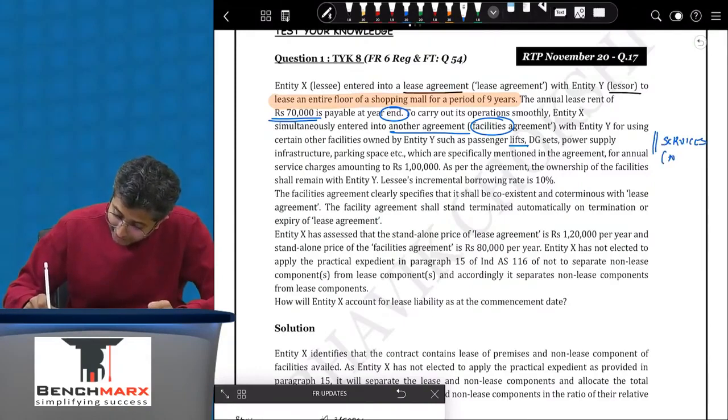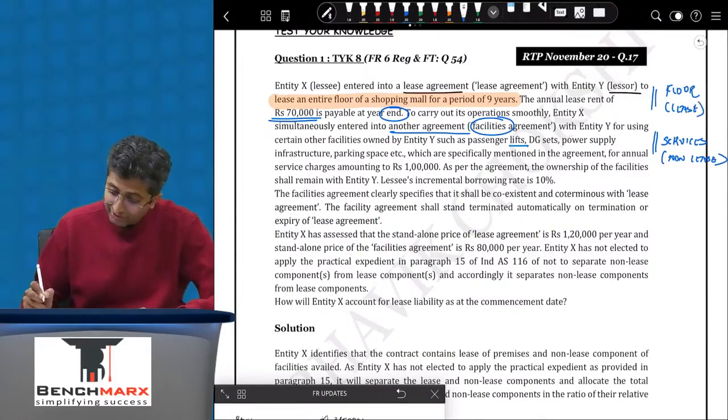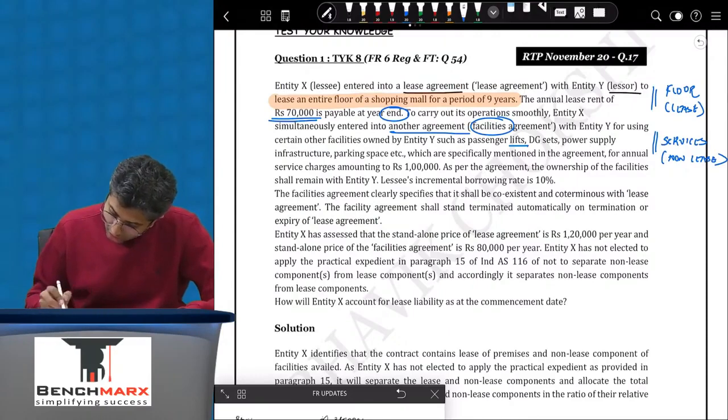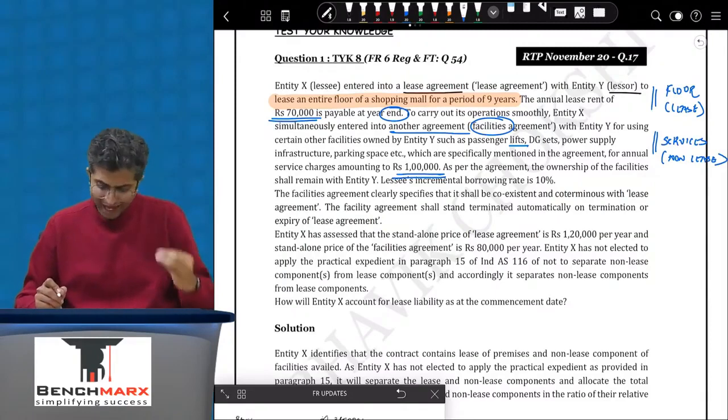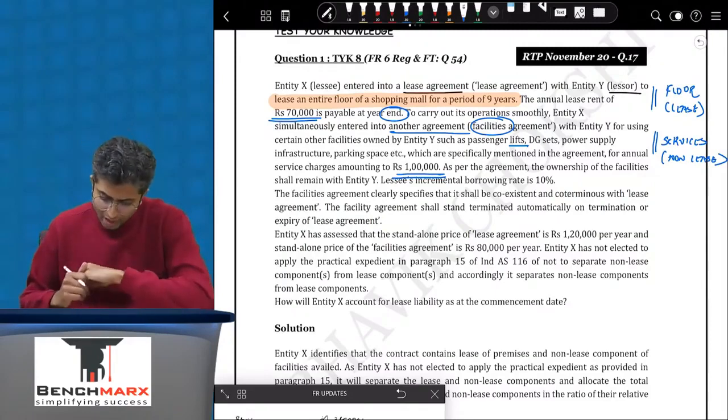There is no identified asset, and hence this is like a non-lease component. Whereas this is a floor of a shopping mall whereby there is an identified asset and hence there is a lease component. Which are specifically mentioned in the agreement for annual service charges amounting to 1 lakh. So we have agreed to pay 70,000 for the floor and 1 lakh for